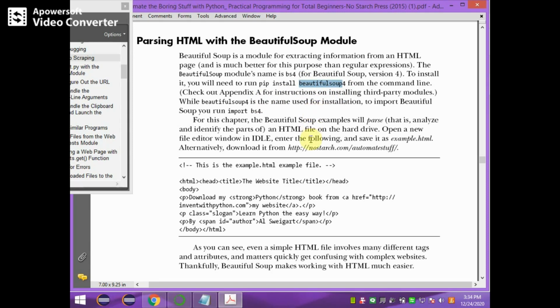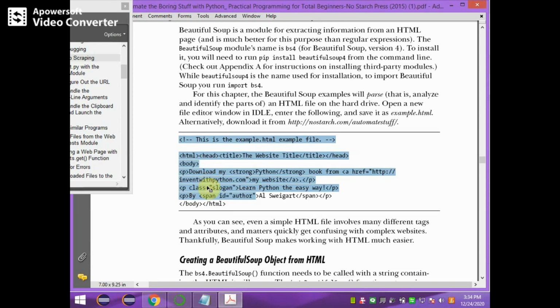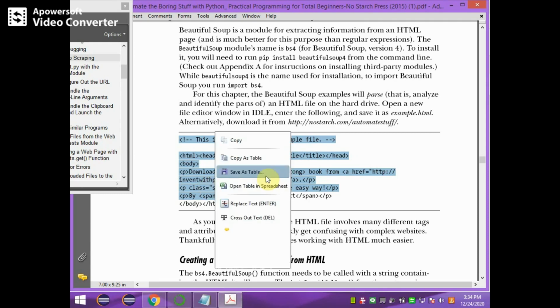Okay, let us see some HTML tags here. This is an HTML file, which is downloaded from nostarch.com. This HTML has this information: HTML header, title, and then a P paragraph tag, and then a span with ID author. Okay, this is the information. Now, using this file, if you want to extract some tags,